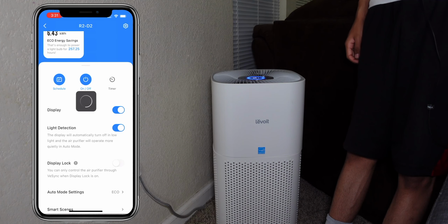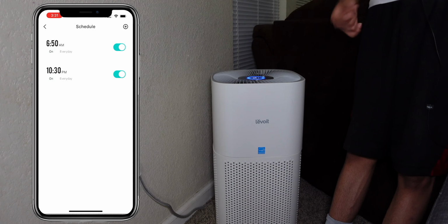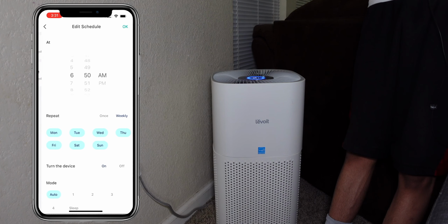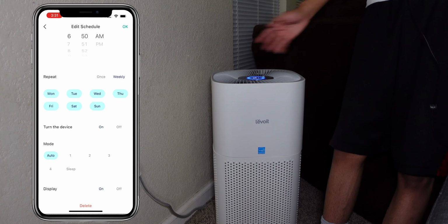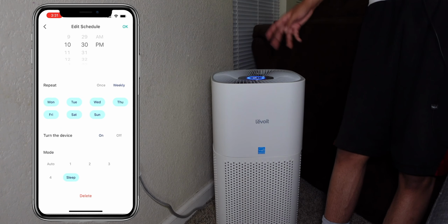You do have timers here as well, so you can actually go ahead and put it on for a timer increment or a schedule. I do have it on a schedule, so it will turn on at 6:50 in the morning. And okay, well, I don't have an off setting, so it's constantly on. I don't know, unless it turns on at a certain mode. Yeah, so it does turn on a certain mode. So no matter what, it'll auto reset on auto in case it's on 4 or I left it at 4 or whatever. It'll auto reset to that, and then at 10:30 it'll go to sleep, which means it'll be way quieter